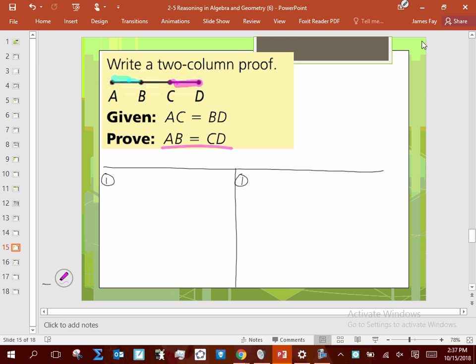Hopefully you realize here that what we did is we removed something from both sides. Stated some things that were equal, and we removed some stuff from both sides. This process is going to incorporate that, and it's going to be all-encompassing of every single situation as long as we start with AC equaling BD. Regardless of the numbers that are hiding behind those symbols, this should work. And this will be the reason why that is always true. So as long as you have AC is equal to BD,